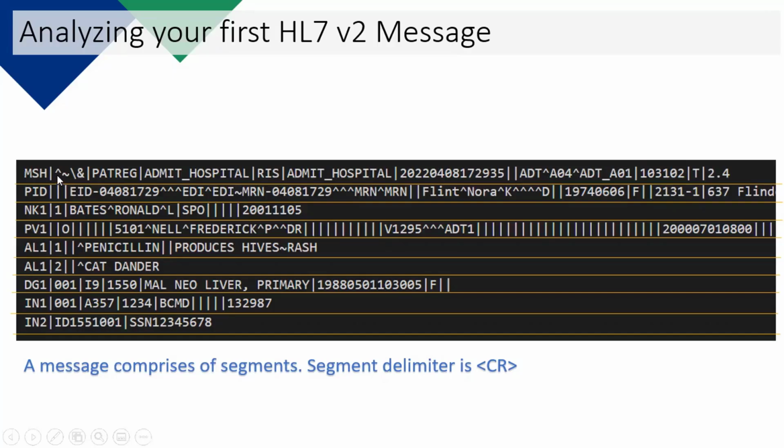Let us say, for whatever reason, these special characters have to come in as part of our data. Then the slash is used as an escape sequence. So if you get a slash symbol, it means the next character to that should not be taken in as a delimiter, or the special meaning should be removed.